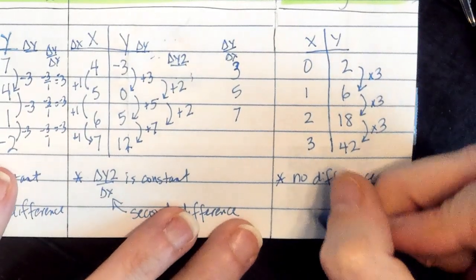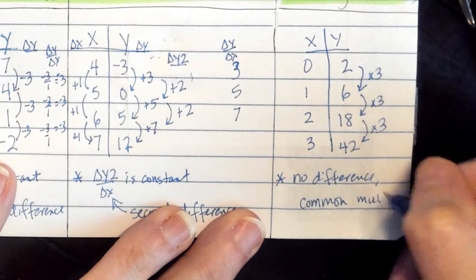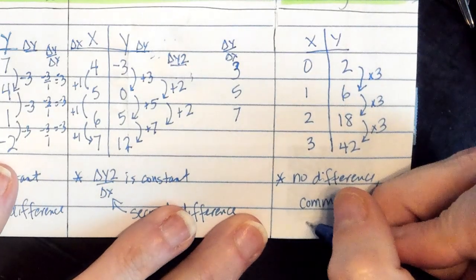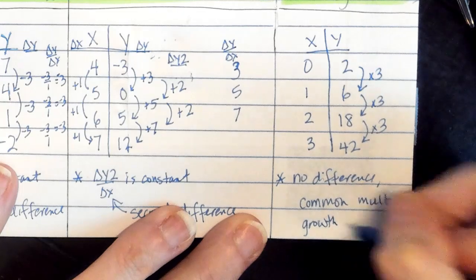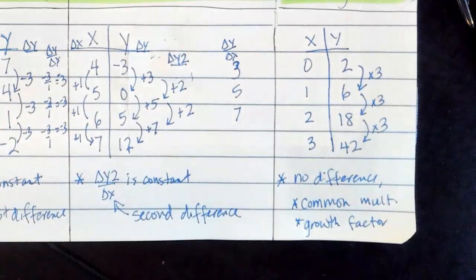We have a common multiplier, which we call our growth factor. Okay, so let's